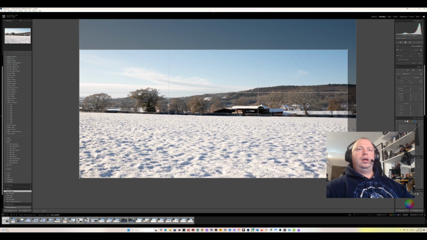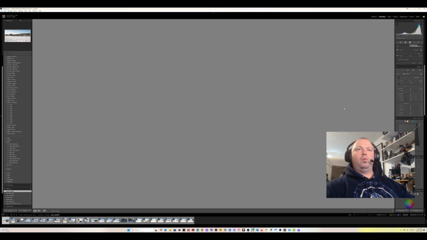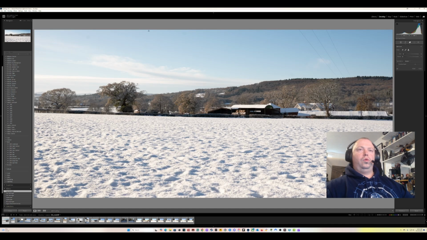But let's say we don't. Let's say we don't do that. Let's say we want to keep the width of the photo, but we want to get rid of these. So again, what we can do is draw a line with the clone tool down there, and because the sky is uniform, we can just go, well, we're just gonna, might even work here with the trees. The color is fairly uniform, but we